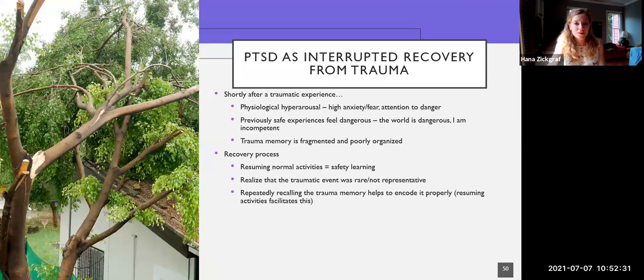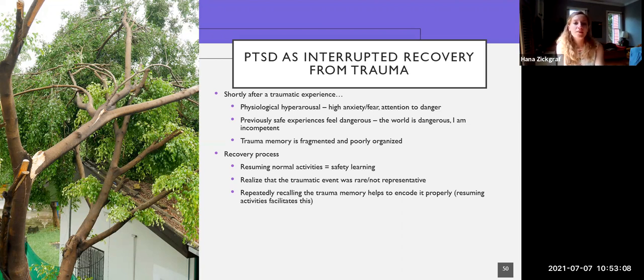During the recovery process from trauma, people gradually resume their normal activities. They go back into those formerly safe environments that were scary right after the trauma. And this gives them the opportunity to experience safety learning. They can relearn that those situations are safe. This process helps people realize that the traumatic event was actually relatively rare and not really representative of what's going to happen to them for the rest of their life, which can help them modify their over-assimilated and over-accommodated beliefs and make the changes in their belief system or their memory of the trauma a little bit more reasonable and